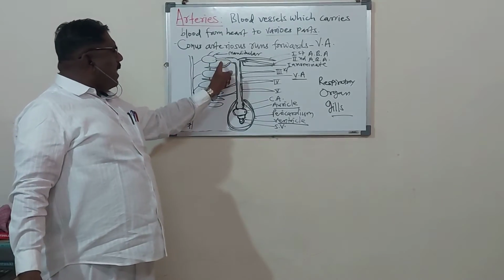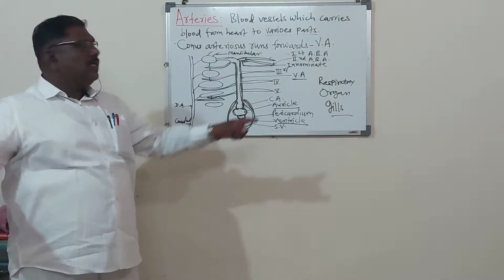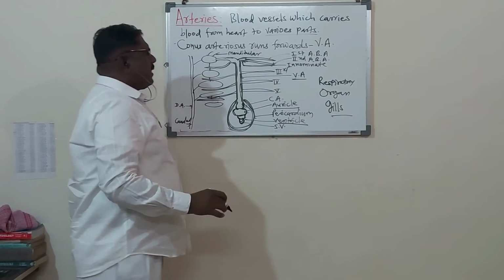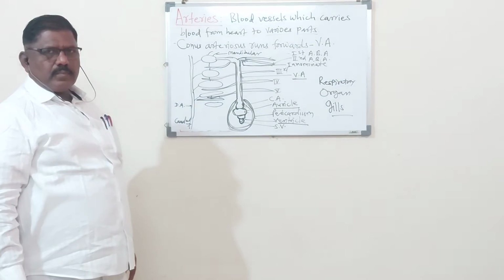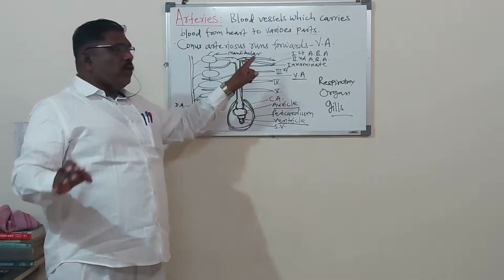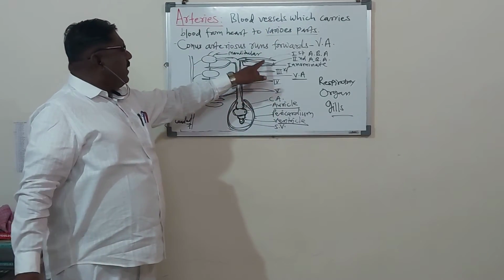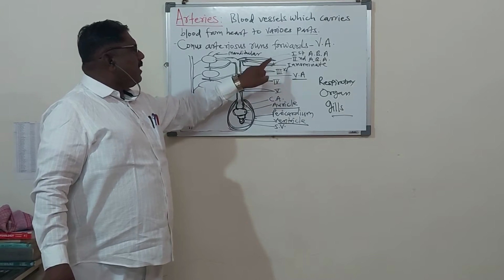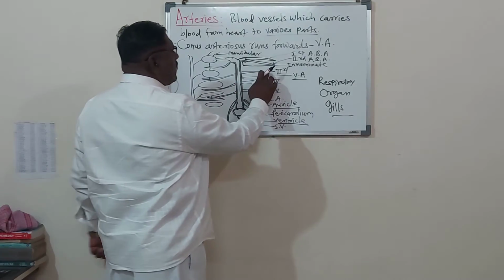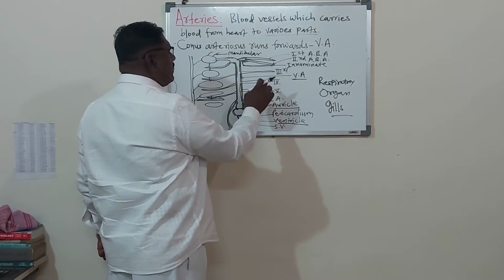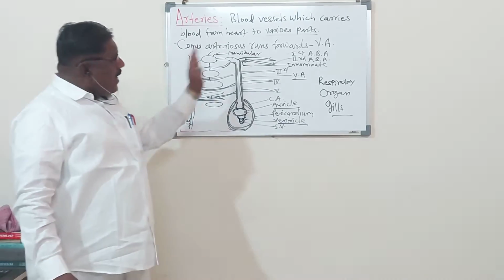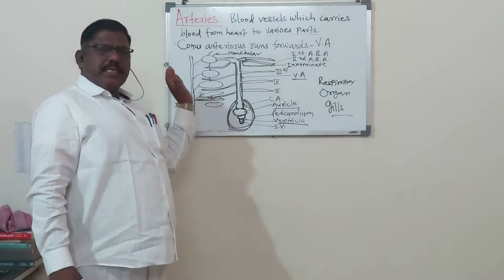Now the innominate of the right and left side is again bifurcated into the first afferent branchial artery and second afferent branchial artery. Remember, here the innominate is bifurcated. This is the first afferent branchial artery, this is the second. Like this, this is the third, this is the fourth, and this is the fifth. So there are 5 afferent branchial arteries, right and left.